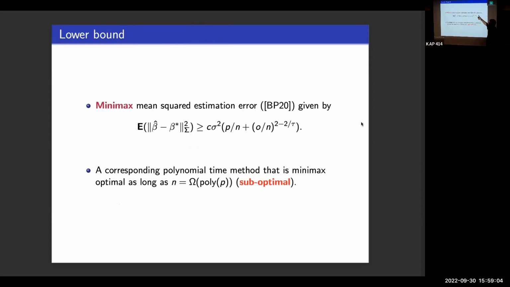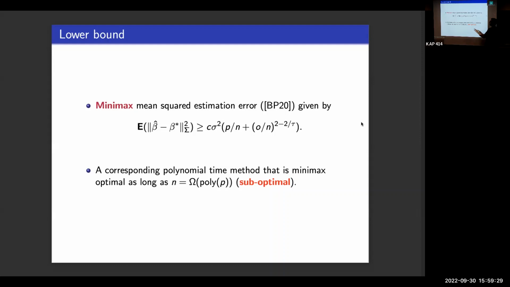As tau goes to infinity, which is the sub-Gaussian case, you recover the square root over n. When tau is equal to 2, you recover exactly over n, not the square root. And it interpolates between the two as tau changes from 2 to infinity. In that paper, they have a polynomial method that's not exactly optimal because it requires a bad dependence on the sample size to achieve this bound.